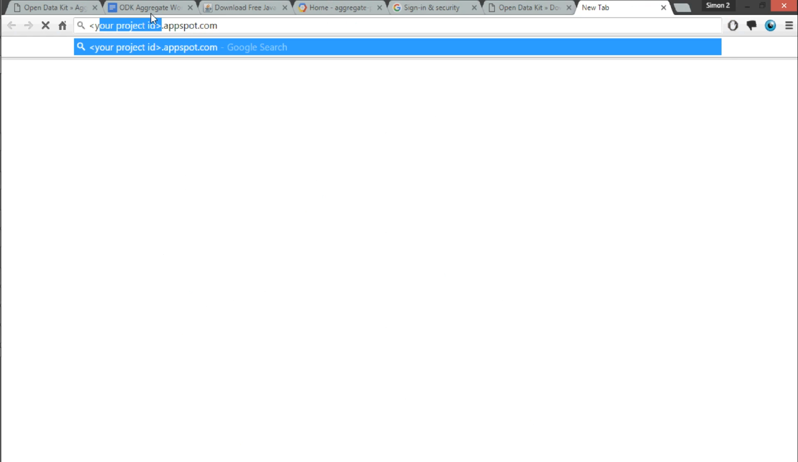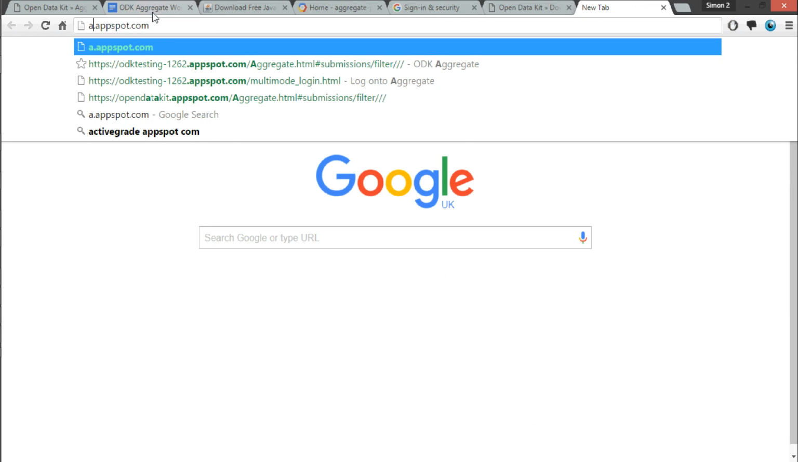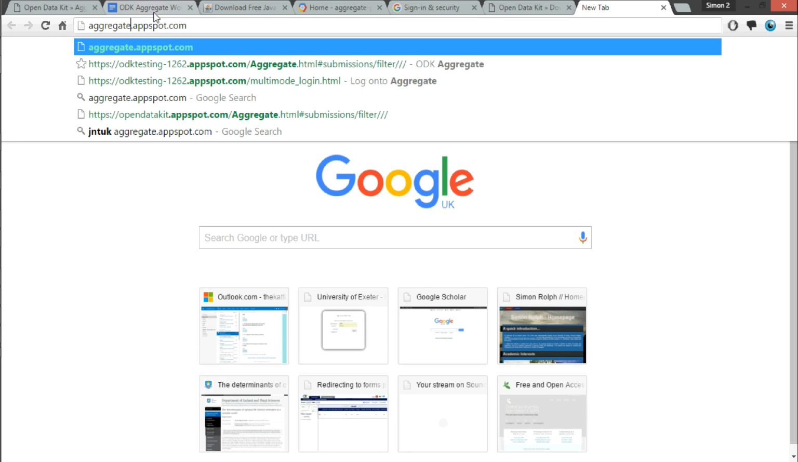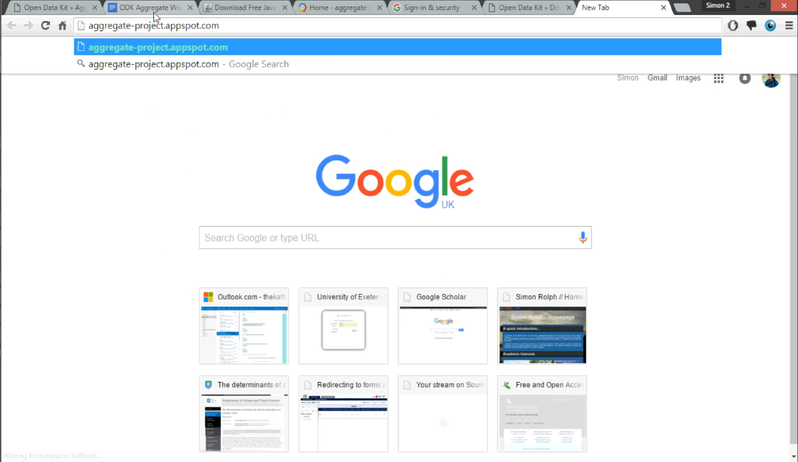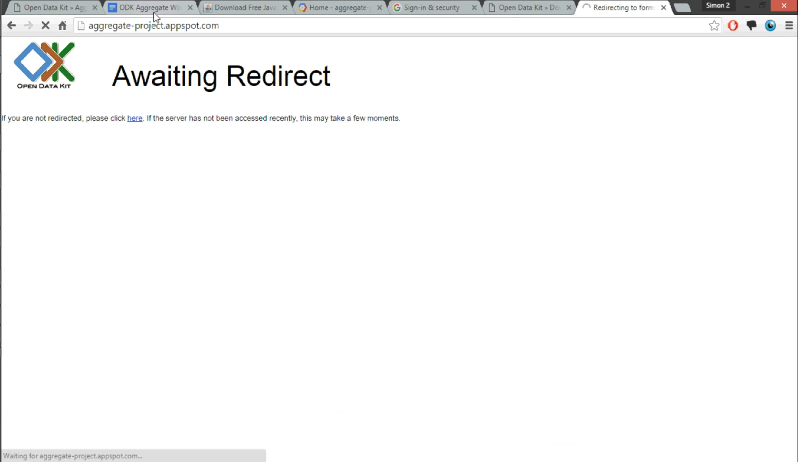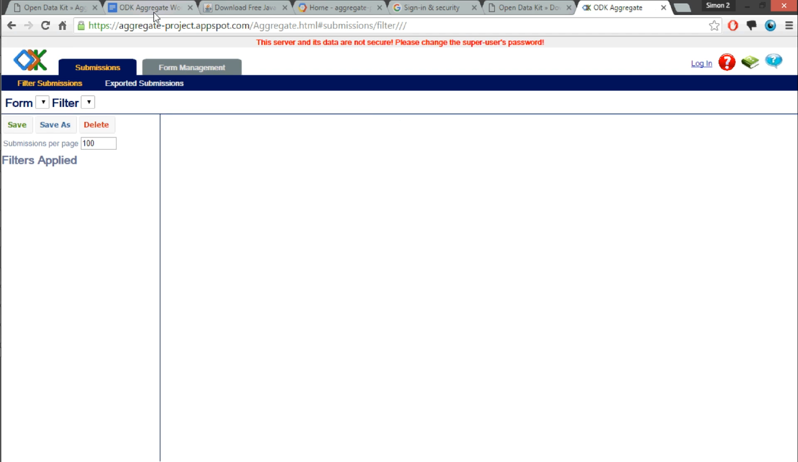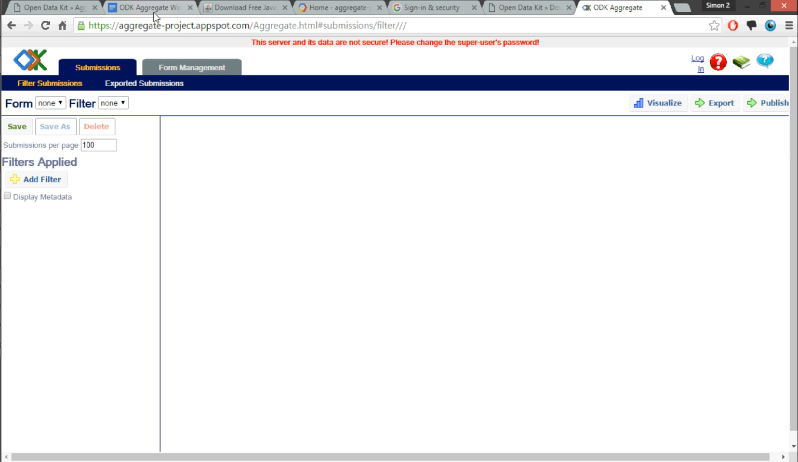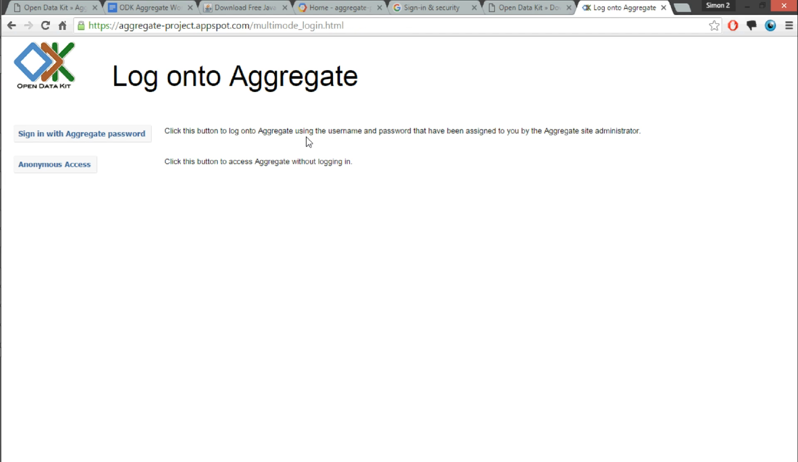And now to go to the app, go to your appid.appspot.com. And it should direct you into your aggregate server, which has been set up successfully. And now at the moment you aren't logged in, and anyone from the web address can log in and have all the powers of the anonymous user, which is at the moment everything. So to start with, you want to log in, and you can see the notice at the top of the server not being secure. Log in with